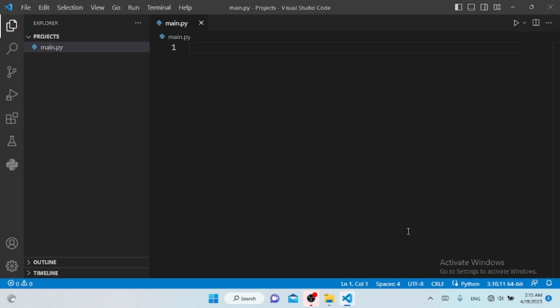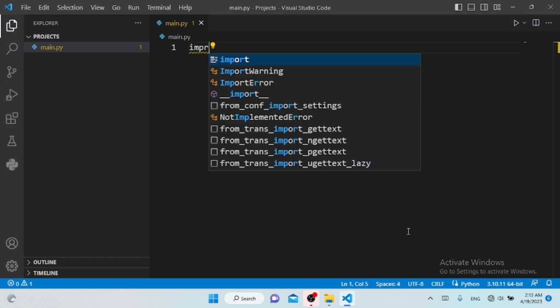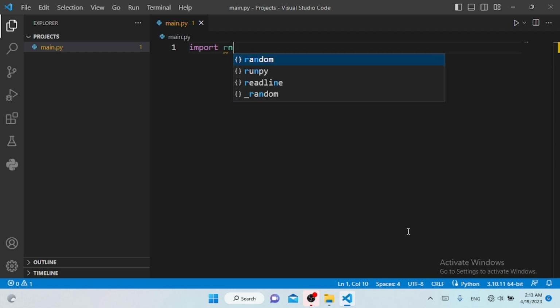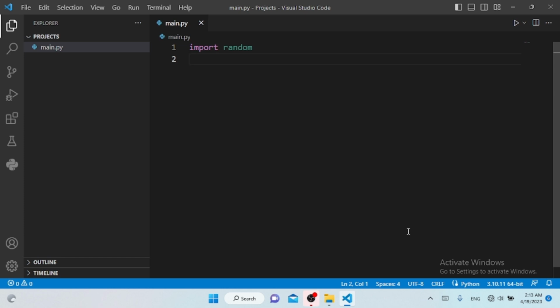So first we want to import a module called random. This will help us to randomly generate some values. As I'm going through the program, you learn what you can use and how you can use these modules in your own particular project. So now first of all I want to import random,